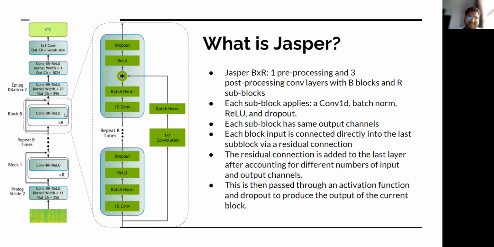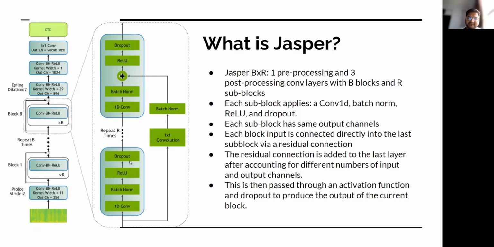Each subblock has a 1D convolutional layer followed by a batch normalization layer, which is followed by a ReLU layer and then a dropout. It is repeated R times, but in the last layer in a subblock, we add a residual connection after applying a 1x1 convolution and a batch norm,